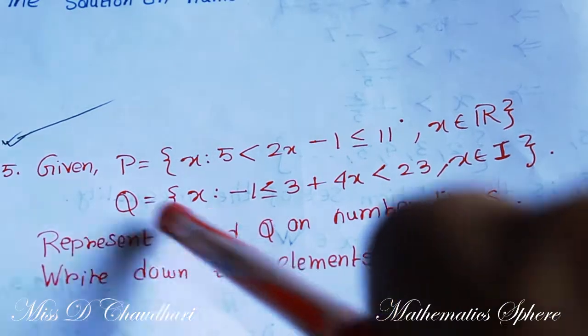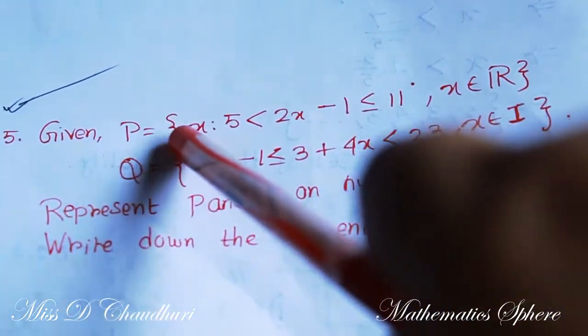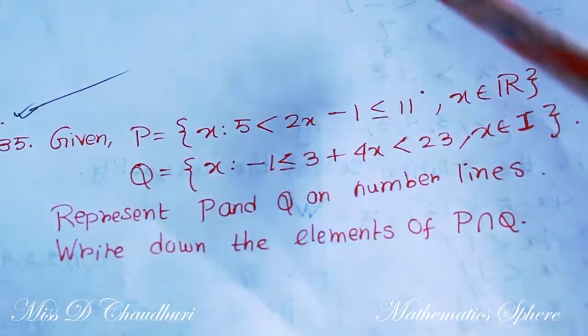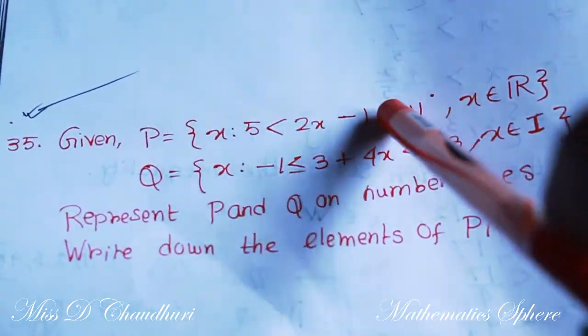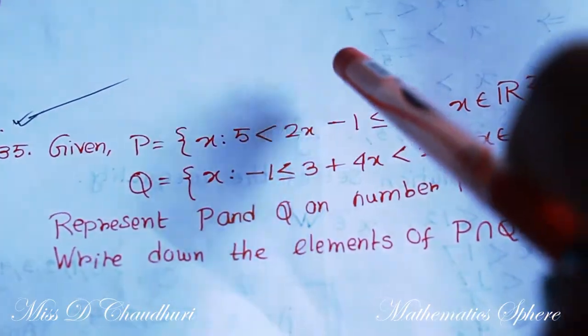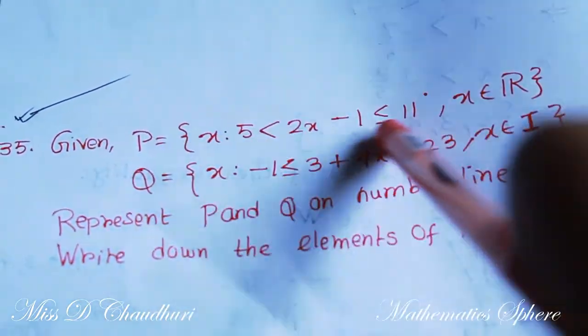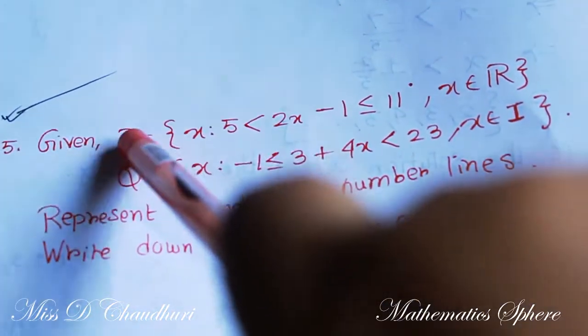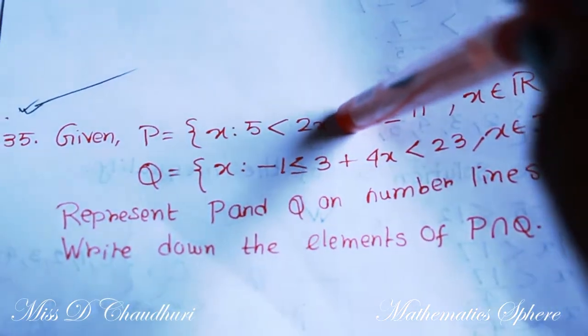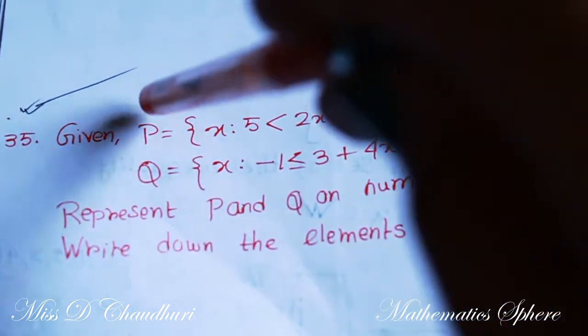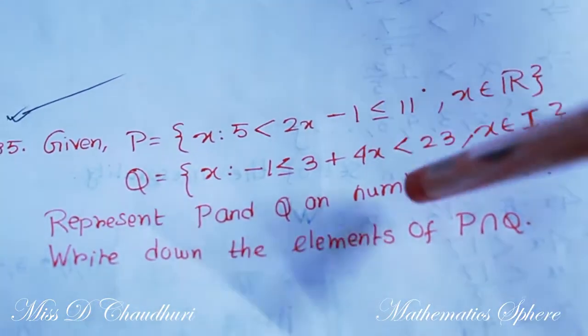Okay, what they are trying to tell is that the solution of the set P will be given by this inequality. So you will have to solve this inequality to get the values or the members of this set P. In an indirect way, the solution of this inequality is the set P. Okay, in the same way,